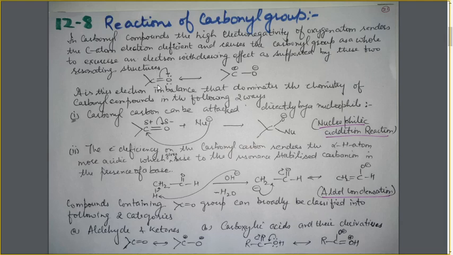As you know already, this carbonyl group is polar in nature. And why is it polar in nature? Due to the difference in the electronegativities of carbon and oxygen. These two resonating structures of the carbonyl group also show the same thing: because of this structure, the carbon becomes electron deficient and the oxygen becomes a little bit electron rich. As a result, the carbon atom has some partial positive charge and the oxygen atom has the partial negative charge. Due to this electron deficiency, the carbonyl group shows some reactions.